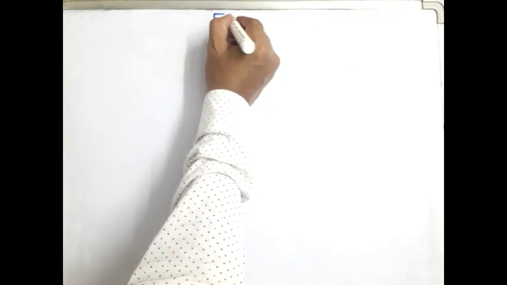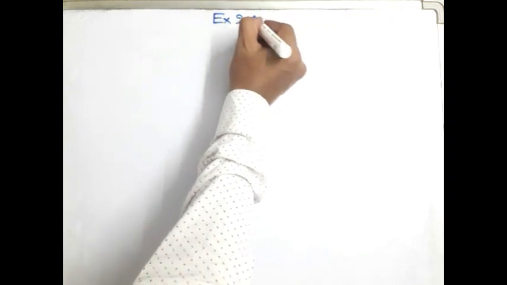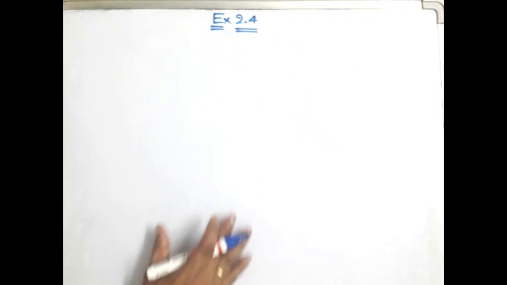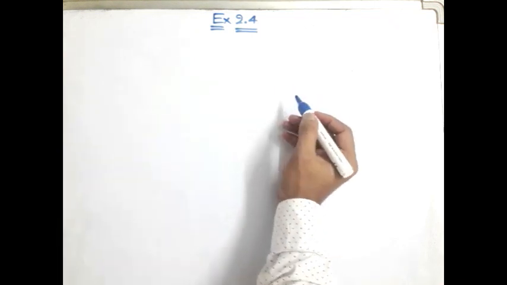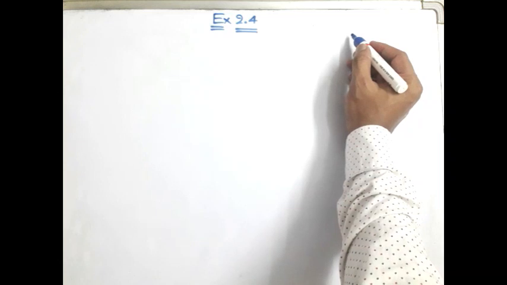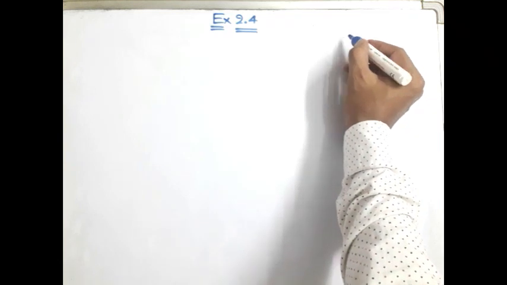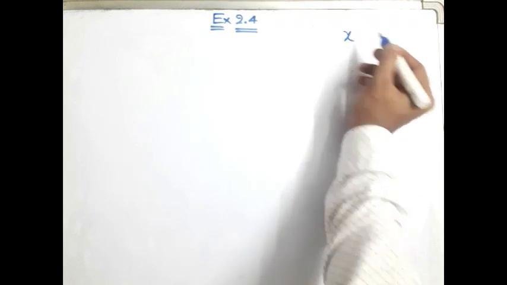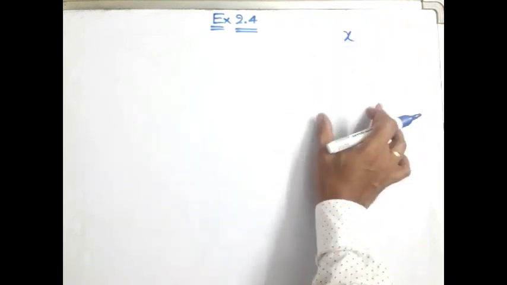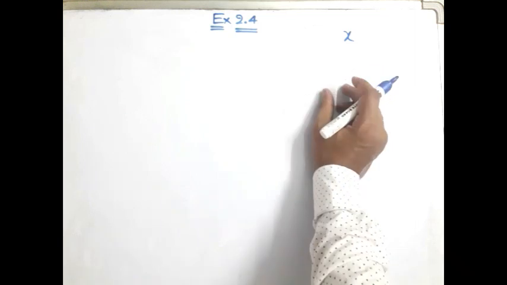So exercise 2.4, first problem. From here on you will copy this into your CWs. In CW, please write the question also, because for this type of problems, understanding the question is very important. So look, first let us write what the requirements are. First, Amina thinks of a number. So in the first step, we have to take a number. Okay, don't copy this. And what is the next step?